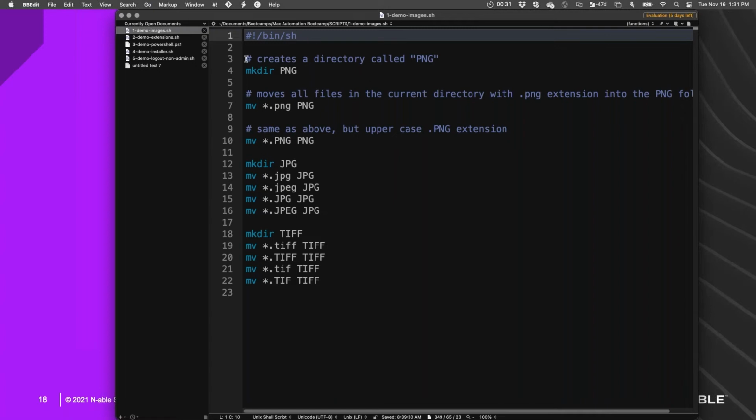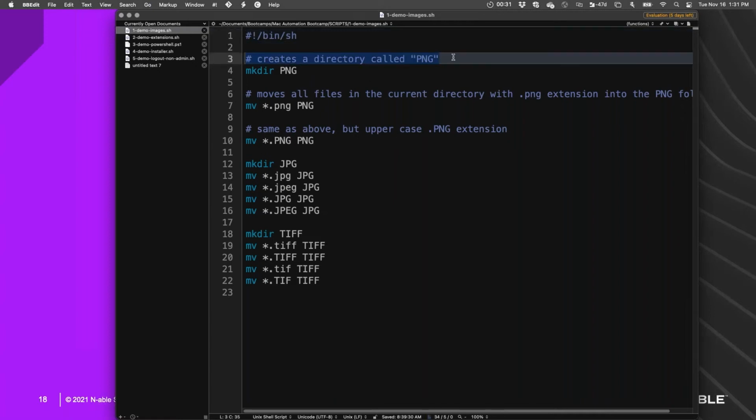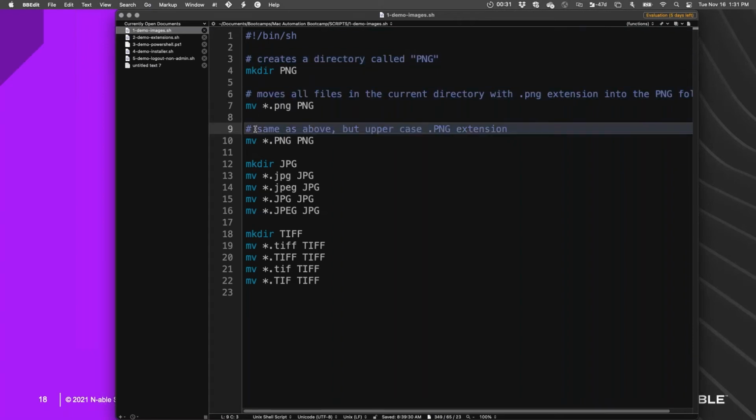And you can see here is an example of a comment. Everything that begins with that pound sign, or octothorpe, is a comment, and you can type in whatever you like and the shell will just skip over it.